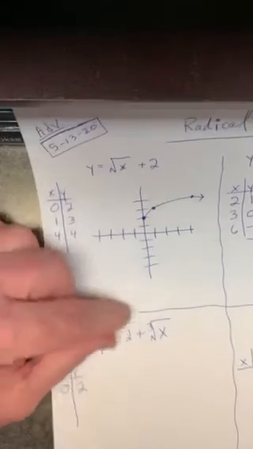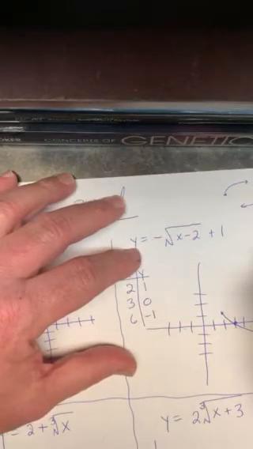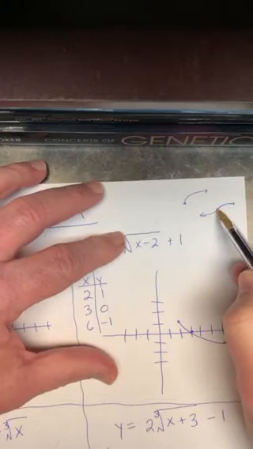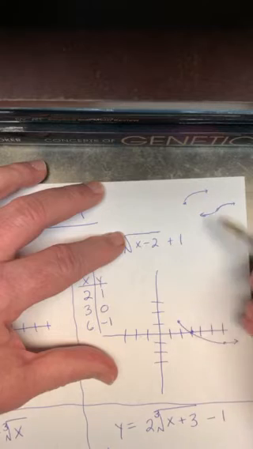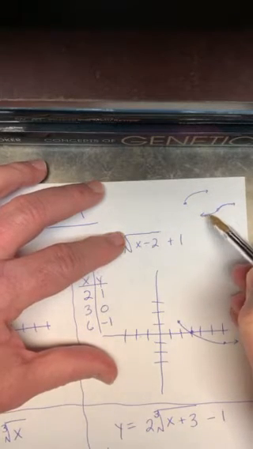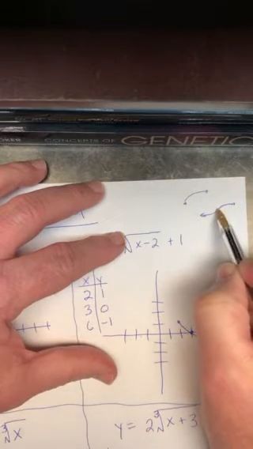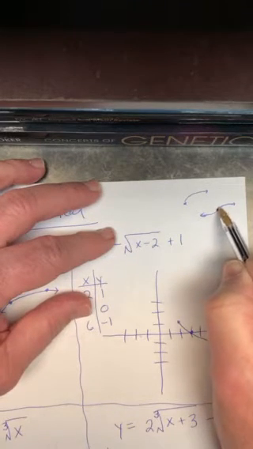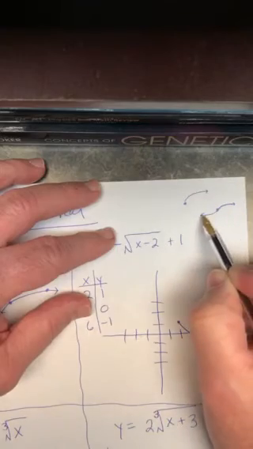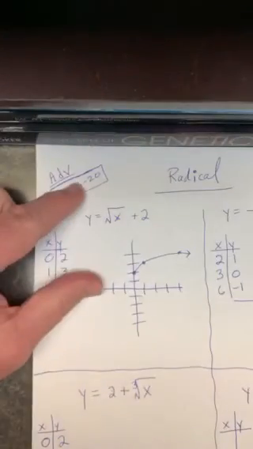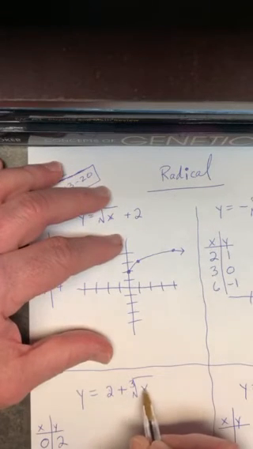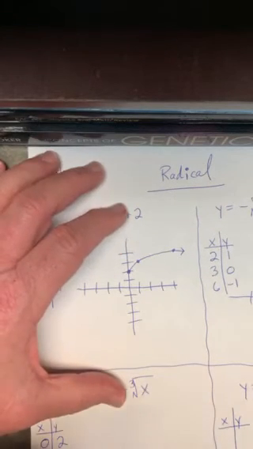Remember, a cube root function looks like the same curve we just sketched, right? But wherever that dot's at, it has a tail that's a bottom half in the other direction. So if we've just located that important dot by making the radical turn into a 0, wouldn't we pick one number to the right of that point and a number to the left to have it curving in the right direction? So if 0 was the location of our important first dot, give me a number to the right of